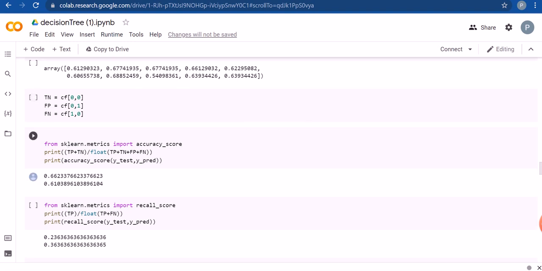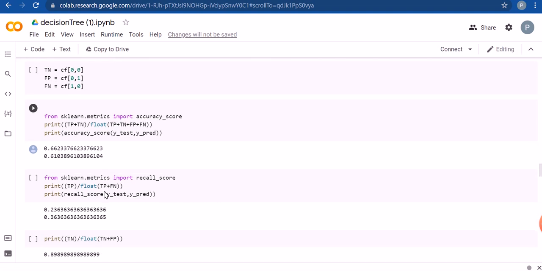Now from sklearn.metrics, we will import the accuracy score to check how accurate our system was in predicting every value, and we can see that the actual value was 66%, and we were able to predict it up to 61%.